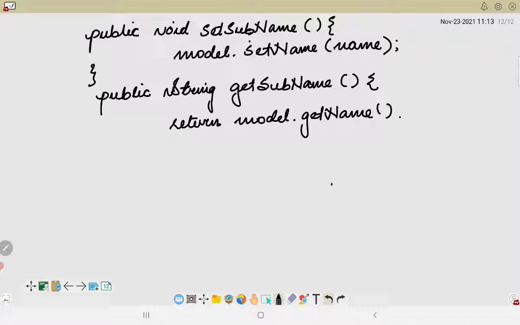Now likewise we have to go up to category for the model, that is, getting the id, setting the id, getting the category, setting the category. So all of them we have to mention in this part.